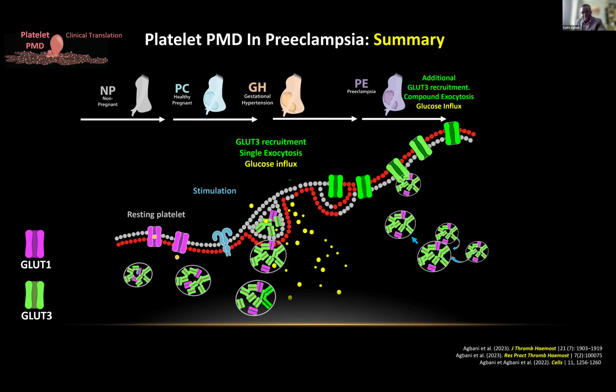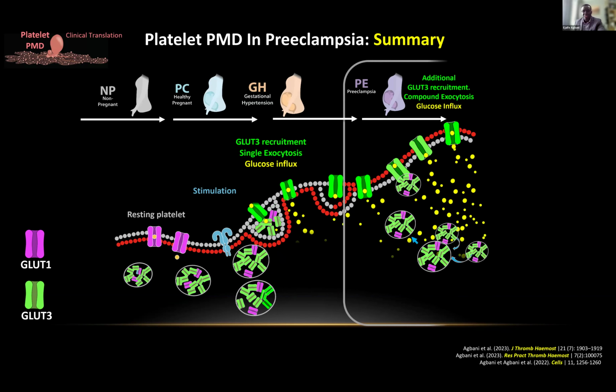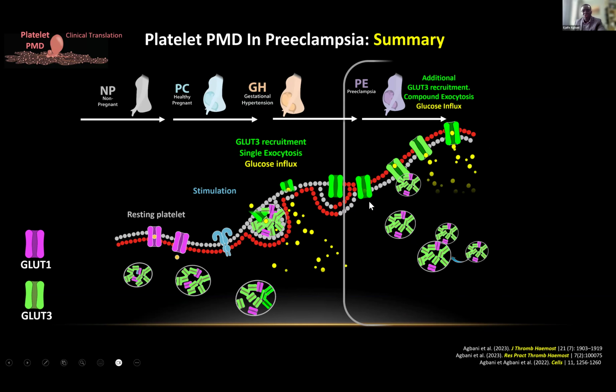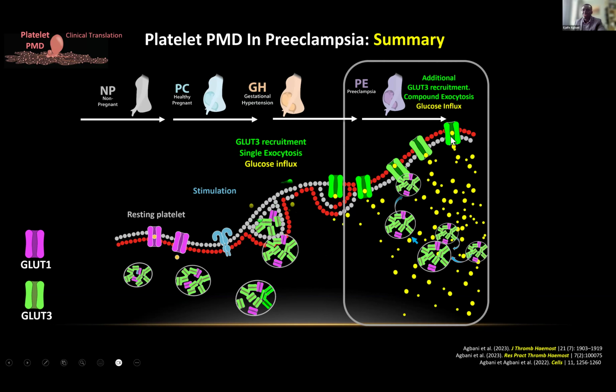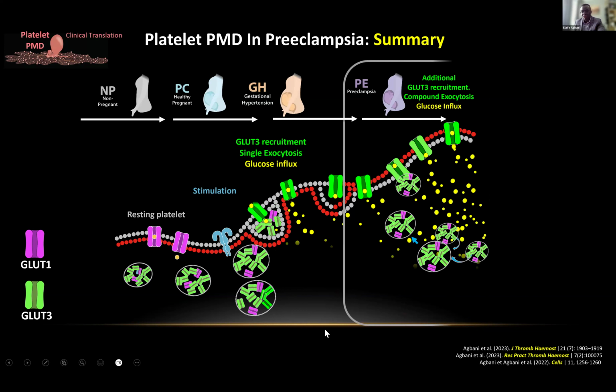the same thing, but with more intensity by going deeper into the cytosol to recruit granules, allow them to fuse, and then shuffle them to the membrane, leading to the expression of GLUT3 on the membrane of the platelet. And of course, GLUT3 doing what it knows how to do best then allows for influx of glucose into the platelets. Now, under this condition, there is enough energy for the platelets to continue to degranulate, and there's also enough energy for the externalization of phosphatidylserine happening. So this is why the platelets are pre-activated while they are in circulation.